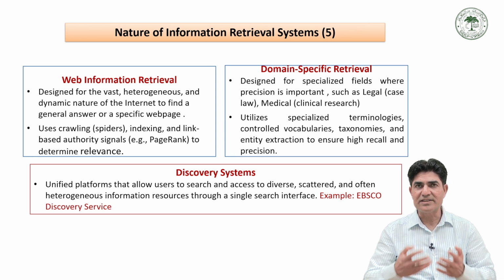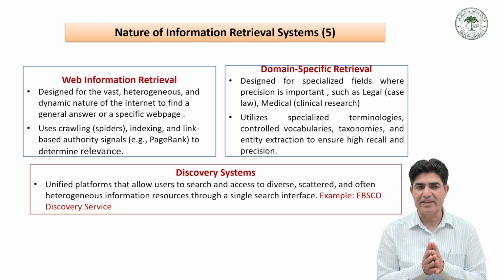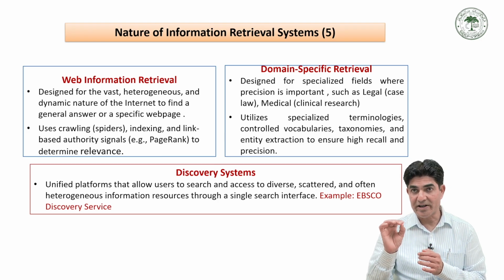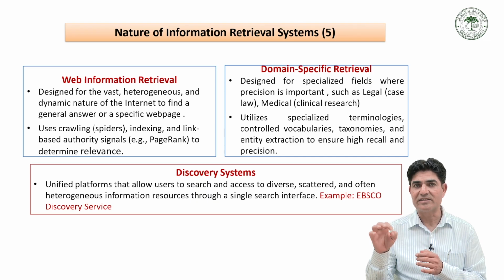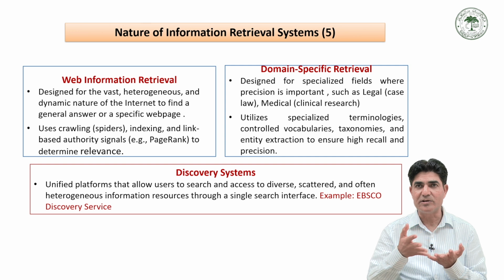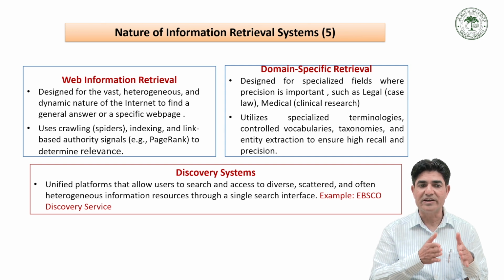So millions of web pages are available, and retrieving information from these pages is very difficult. But web information retrieval systems basically extract the important words from the web pages using systems like crawlers and spiders. They try to extract the relevant keywords from the web pages and include these keywords in the inverted file of the information retrieval system. And on the basis of the frequency of occurrence of the keywords, page ranking is possible